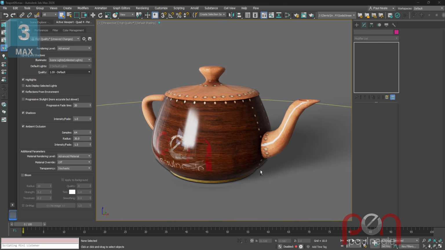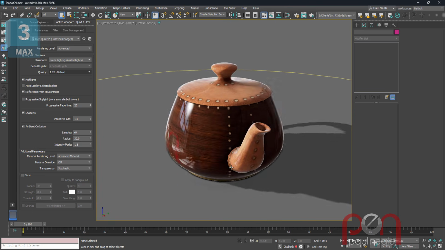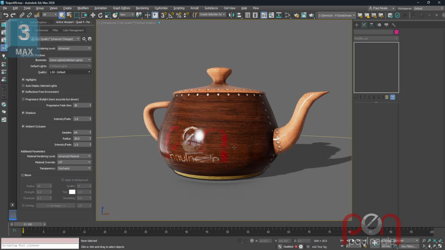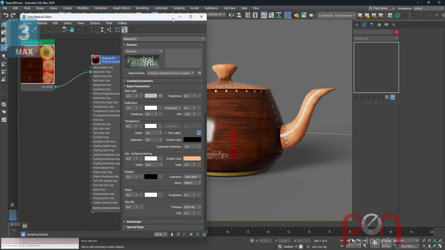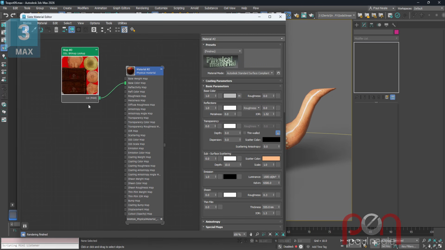Our material has a basic color and that's it. And you can see it's all very shiny. There's no bump going on. It doesn't look very good. This is not a complete material. So showing that material here, we can see that all we have is one bitmap lookup, plugged into the base